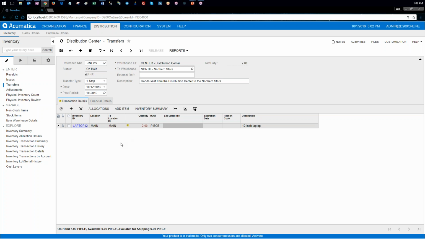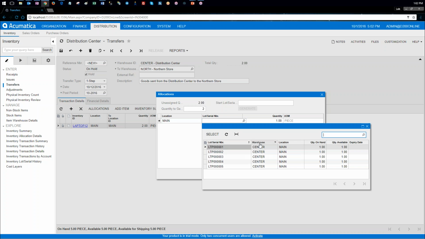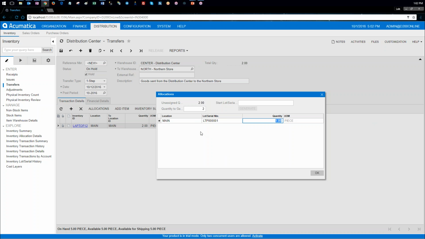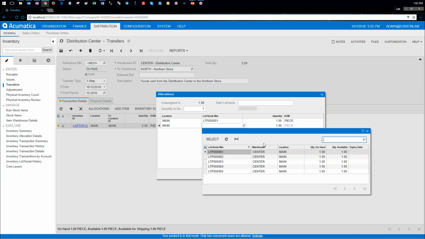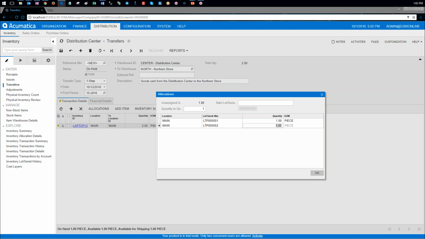So in order to do that, we can just go to the allocations screen, and in this case we select the location that we are going to use and which serial number we want to transfer. In this case, we are going to select the first one, and we add another line. We'll double click, and we're going to select number 2. Once we click, we have that. We click OK,